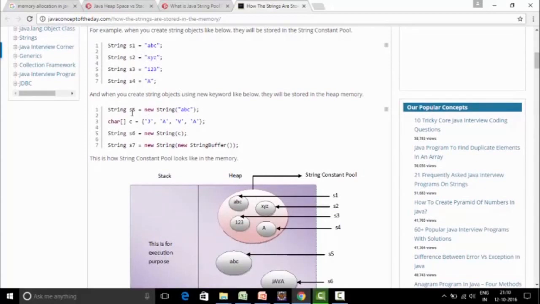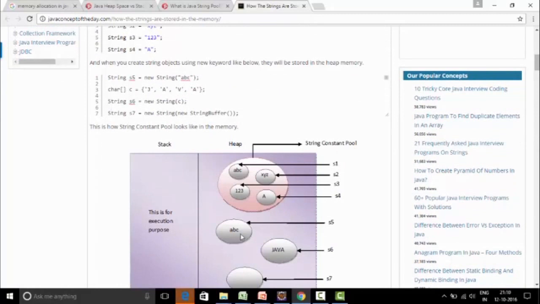Now when you try to create a string object using new String, for example here, String s5 equals new String abc, then you can see abc is created in the heap memory over here. So two objects will be created, one is a new string object and the other is a string literal also.